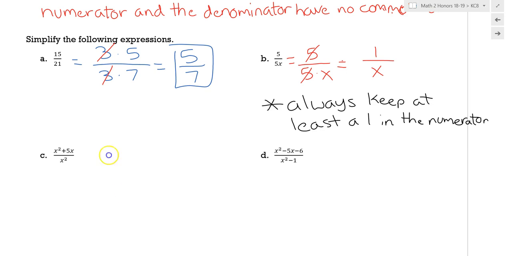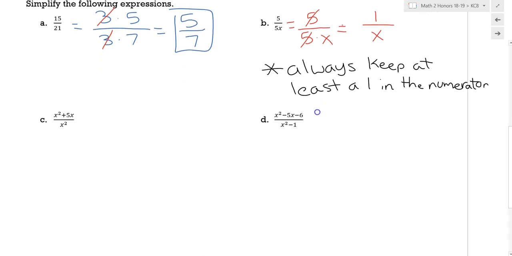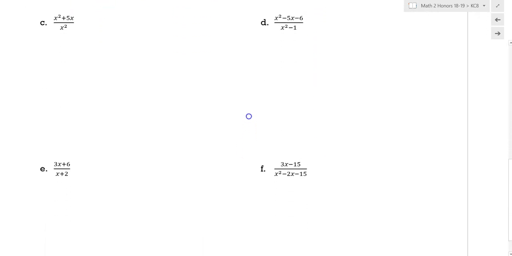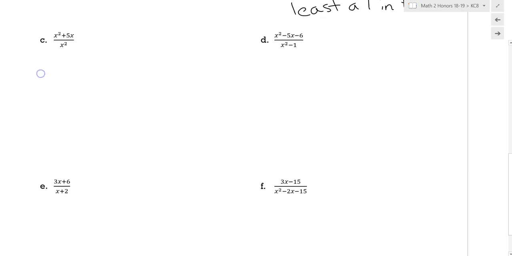All right, looking at these next problems, this is where our factoring practice is really going to come in handy. This whole unit has so much factoring in it. So we want to make sure we are factoring correctly. If you look at x squared plus 5x, right? This has a greatest, or a common factor of x. So I can take that x out, and I'm left with x plus 5